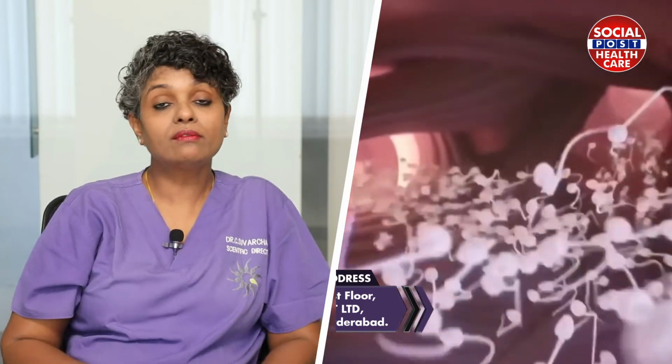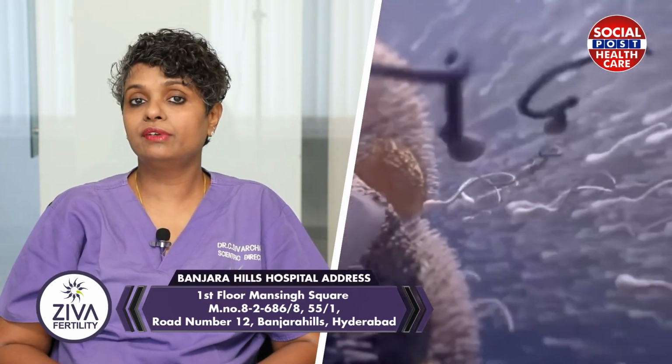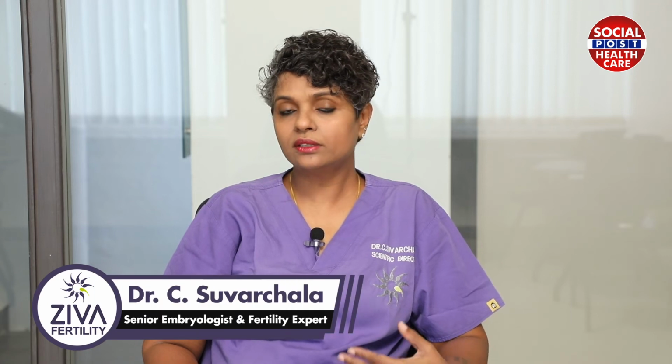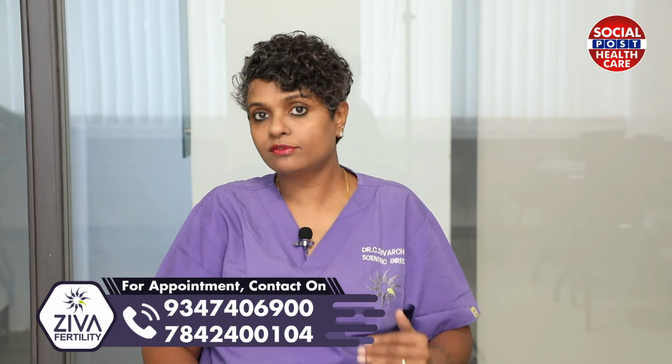So, such a sperm may not have the capacity to fertilize the egg. Even if it does fertilize, maybe the quality of the embryo may not be good, and even if we have embryos that are of average quality and we do transfer them into the uterus, maybe the embryo won't implant, and if it does implant, it leads to miscarriages. So, what is the statistical data saying? When we look at the data presented by so many clinical researches, every checkpoint that I have talked about, fertilization, formation of good quality embryos, implantation, and then leading to good babies, everything has a relevance to DNA fragmentation. So, it is very, very critical that the DNA fragmentation be low and the factors that I have talked about be controlled, at least the ones that can be controlled, that could lead to a better quality of sperms. So, that is the relevance of